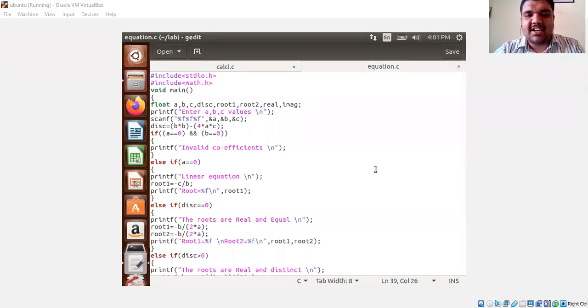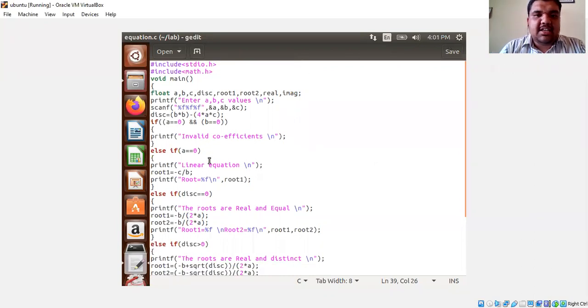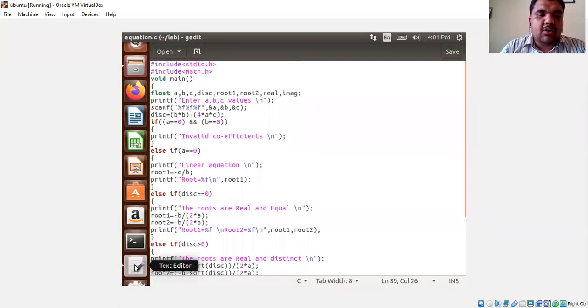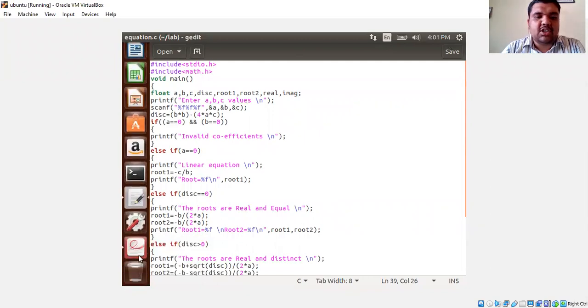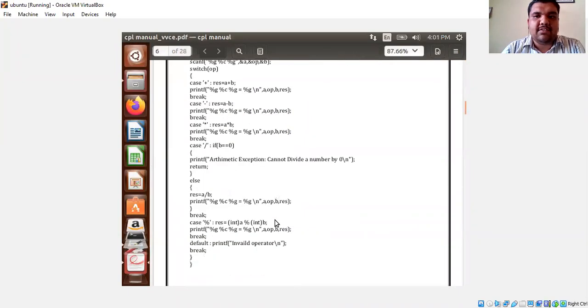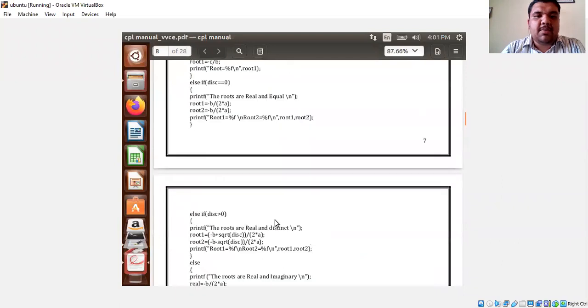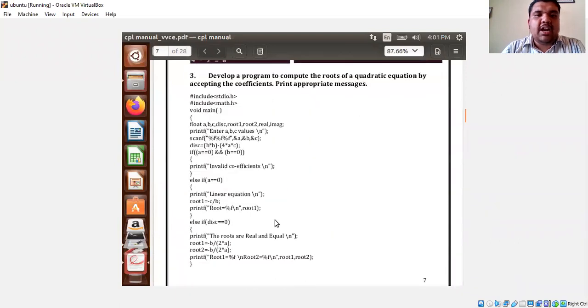So today, let us take up the second lab program execution, that is finding out the nature of the roots of a quadratic equation. Before going to the exact execution of the program, let us summarize the program first. I will explain the basic summary of this program and the basic theory concept underlying it.